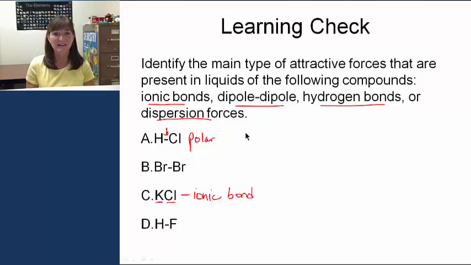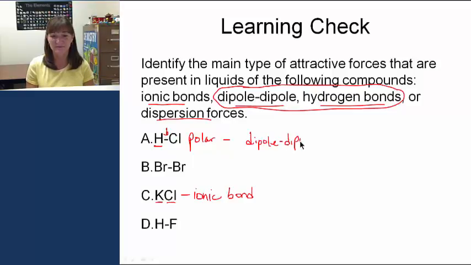So once you decide the molecule is polar, that's going to limit us down to dipole and hydrogen bonds. So we have to rule out hydrogen bonding. So my hydrogen here, is it bonded to an oxygen, fluorine, or nitrogen? No. So we're just going to say this is a dipole. Dipole. Okay, focusing on bromine, the electronegativity values are the same, so this is a nonpolar bond, which is going